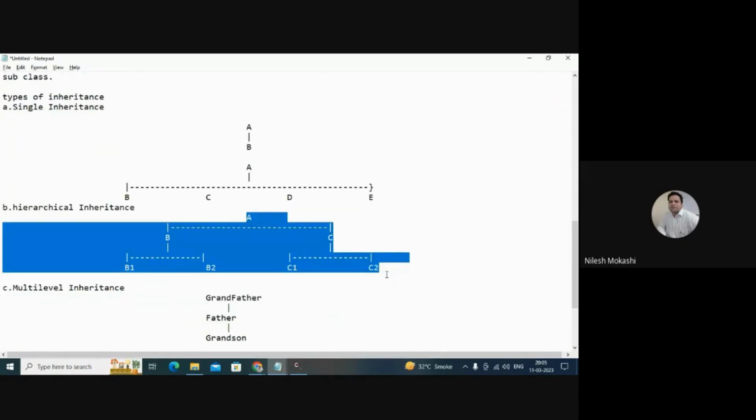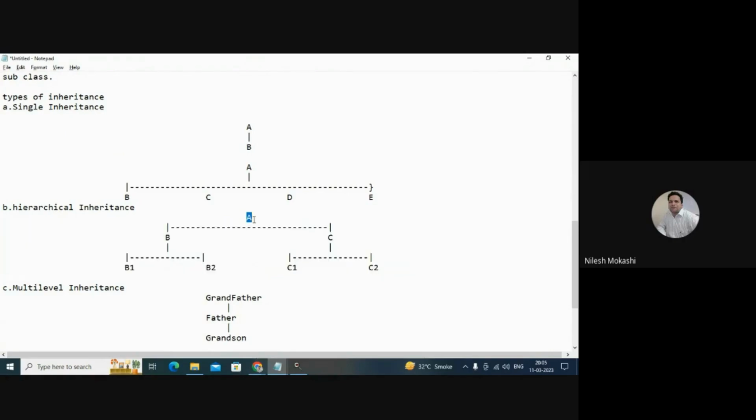So for all this, what is the root class? It's A. So from A, B and C are derived. From B, B1 and B2 are derived. From C, C1 and C2 are derived. That means I'm having these inherited classes. But which is the super class?